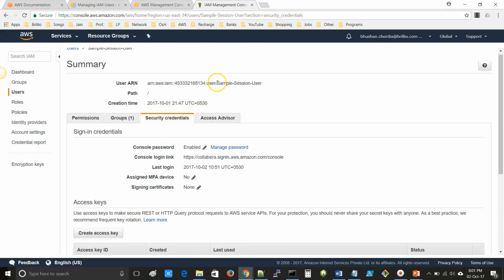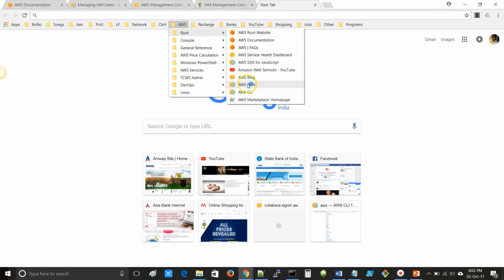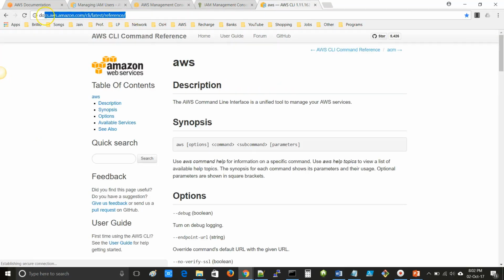Now we will rename this sample session user. For renaming the username, you must use AWS CLI. You cannot rename using the Management Console. So let's go to the link docs.aws.amazon.com/CLI/latest/reference.